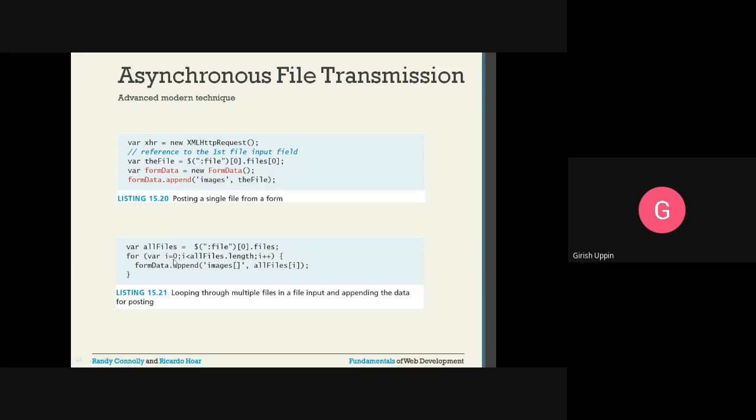I am going to iterate from 0 to less than 10, that is 9. Index is 0 to 9, and we are going to append to that form data one by one. So you can see here form data dot append, then we have all files, then the index. So one by one, each of the files will get appended to the form data.